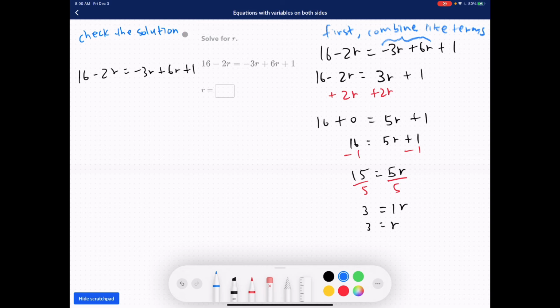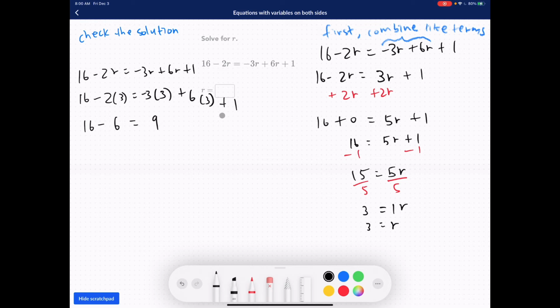Check the solution after you solved for it. We're going to do 16 minus 2r, where r is 3, is equal to negative 3 times 3, which is my r, plus 6 times 3, which is the r, plus 1. Then 16 minus 2 times 3 right here is 6, is equal to negative 3 times 3 is 9,